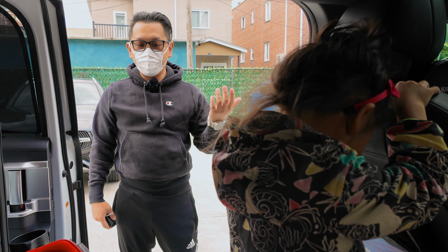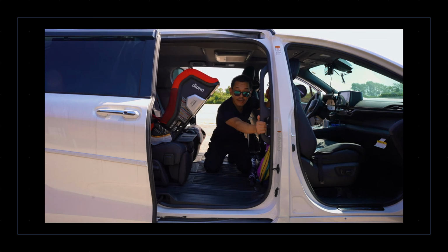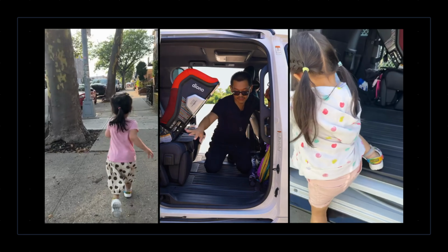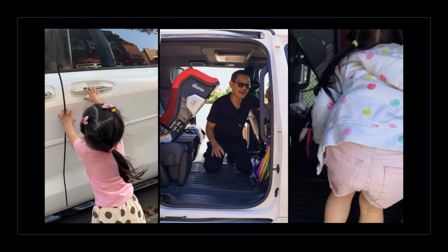That's another benefit. Minivans simplify these daily routines with sliding doors and low entry points, making it very easy for kids to climb on in. Our girls know exactly how to use the handles. They know how to open the doors and they step in. You can see, maybe you can't, it's very dirty from all the stepping, but very easy entry